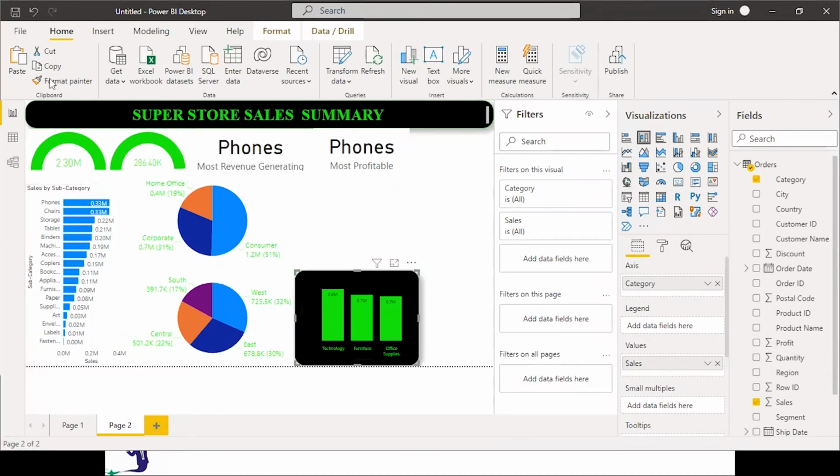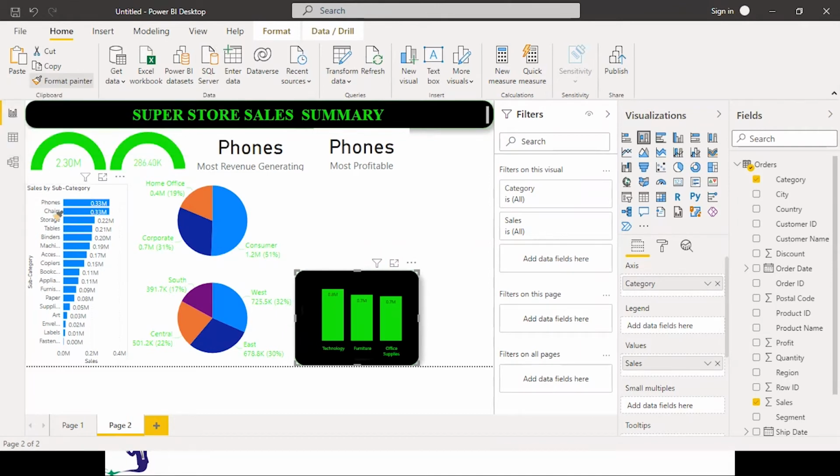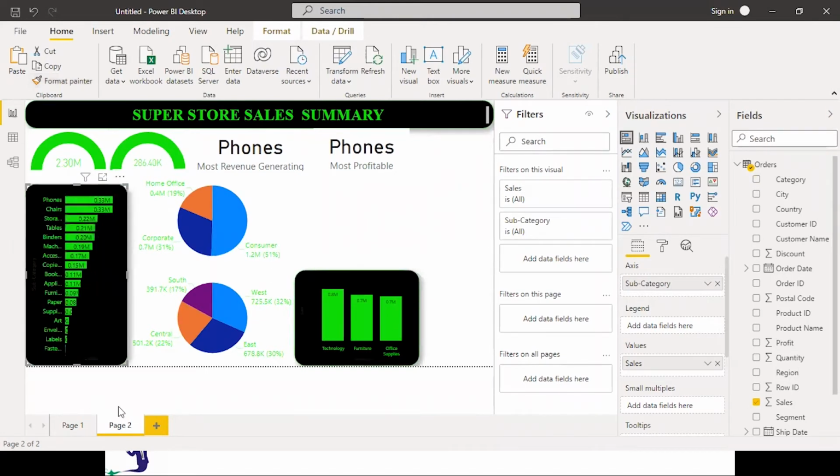What happened? Here it is. Let us take the format painter, or forget it, we will do it later.